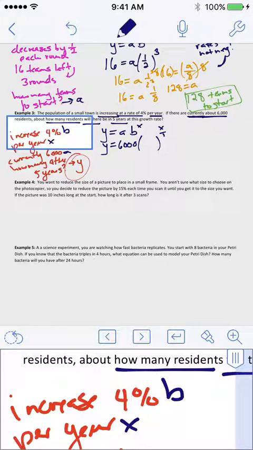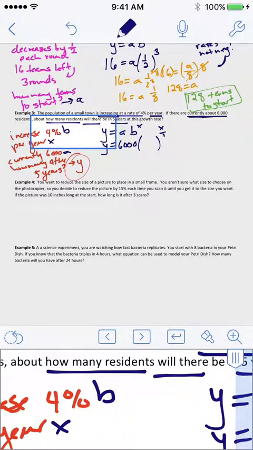Starting off with these 6,000 people, are they only going to get 4% back? No, that doesn't sound right, because 4% of 6,000 is only 240 people. And if it's increasing, shouldn't it be going up, right? Shouldn't it be a bigger number than 6,000? Not 240. So it's not just going to be 0.04, right? Instead, it's going to be like the bank account. You get all of it back and 4%. So our rate here is actually going to be